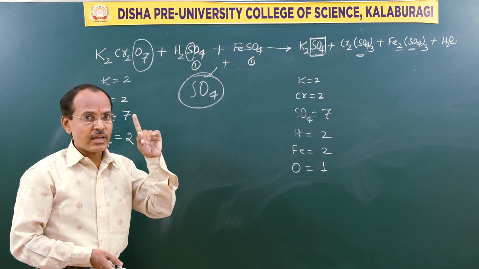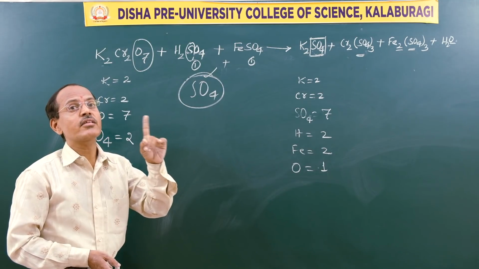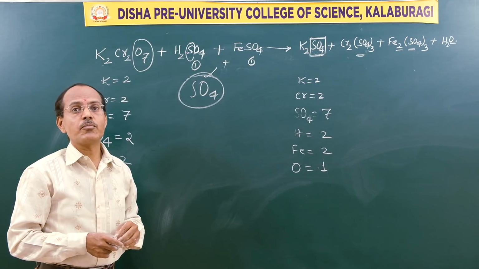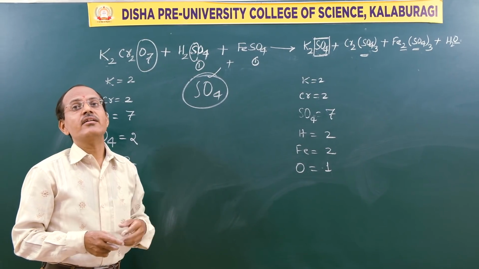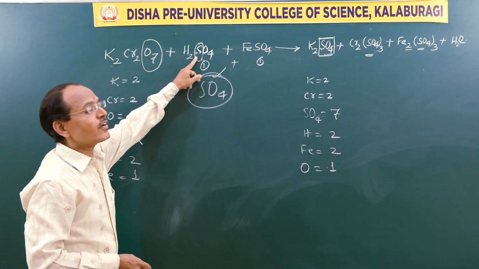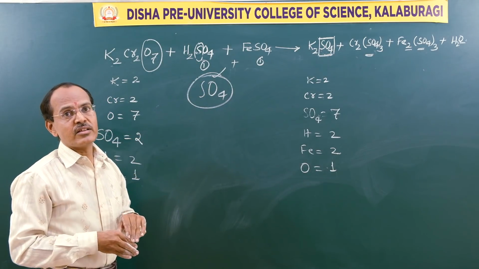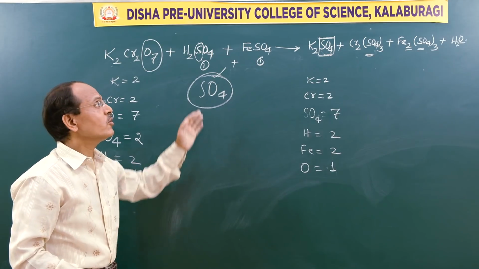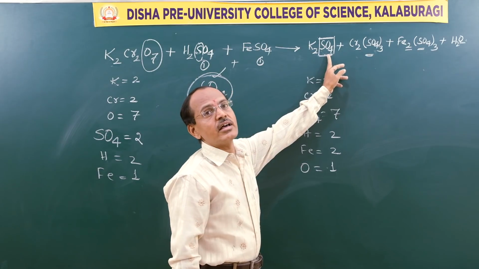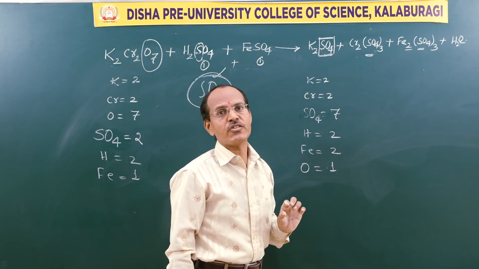Okay, so in the case of copper sulfate plus sulfur dioxide, there the sulfur is split up into two different components. At that time you can take sulfur as one unit, but in this case the sulfate group is not splitting, that is, sulfur is not splitting into different components, it is again formed in the same composition.